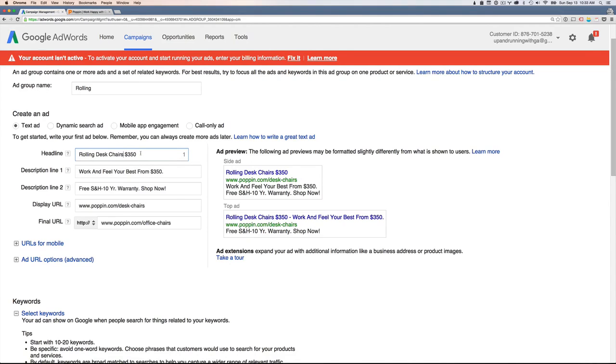350. That's not bad. I'm not against this, even though we don't necessarily have to say from 350. People will get the idea that we're not only selling one price. That's something which is intuitive. The point of the 350 is we want to dissuade people who are looking for really cheap chairs from clicking on our ad. So I like this for now. Rolling desk chairs 350. It's very clear, it's succinct, and it's